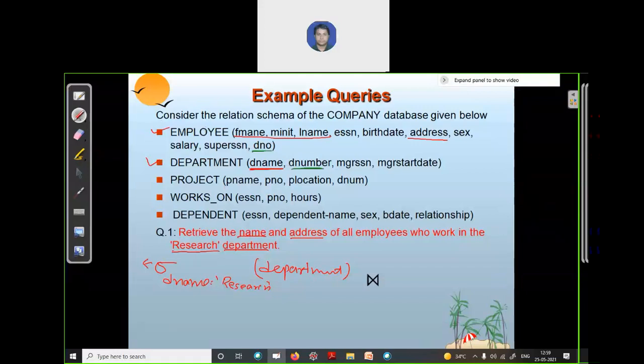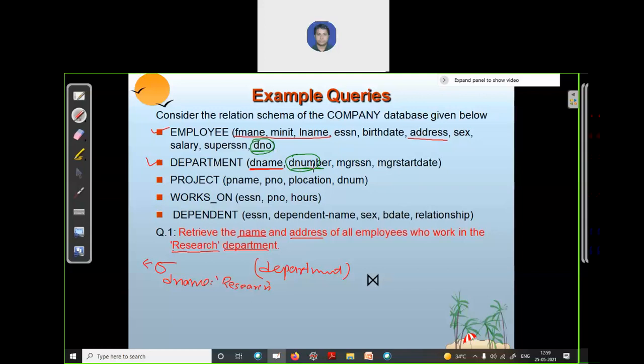So based on this attribute, you can combine these two relations. Employee and department are combined based on this condition, D number equals D number. Now you have a resultant relation having this number of attributes.